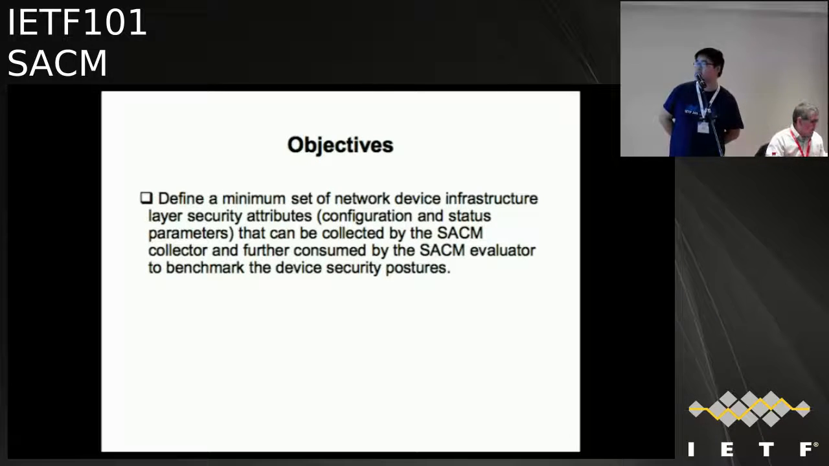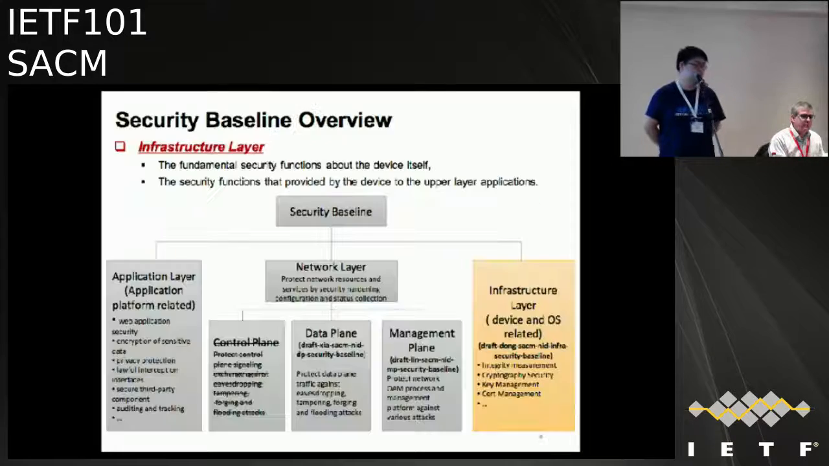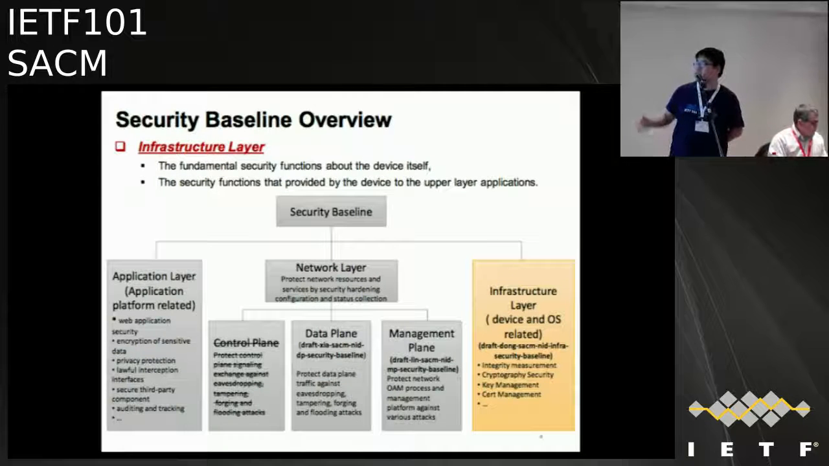The objective actually is similar to the previous one. We want to define a minimum set of network device infrastructure layer security attributes that can be collected by the SACM collector and further consumed by the SACM evaluator to benchmark the device security postures. Okay, that's next one. We have already shown this figure in the previous